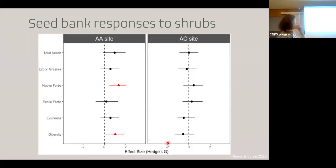So for diversity, you're including the exotic species? Yes, diversity is all species. And then the top four things, that's the number of seedlings, not the diversity of that kind of plant, right? So native forbs is the number of seedlings of native forbs, regardless of what species they're in. Yes. Versus diversity, which is calculated in a specific way. Diversity incorporates the number of individuals and